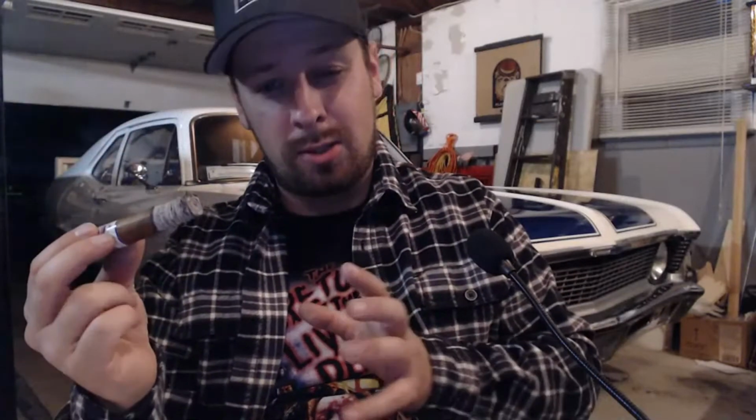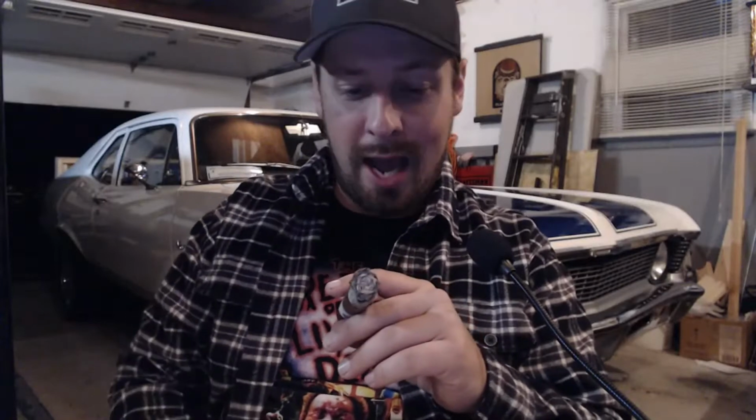And another thing that I want to bring up, which I'm not trying to assume anything, but I'll be honest, I haven't seen too many reviews on this cigar. I'm not saying I'm the only one. I'm just saying that I haven't seen too many reviews on this cigar. So I'm not sure how many people have actually done a review of this cigar other than members of Cigar Dojo, who are usually the creators and the big members of Cigar Dojo. But these cigars are absolutely amazing, and I cannot tell you enough